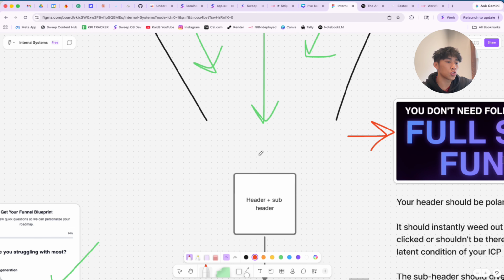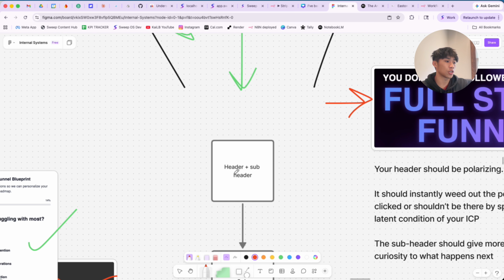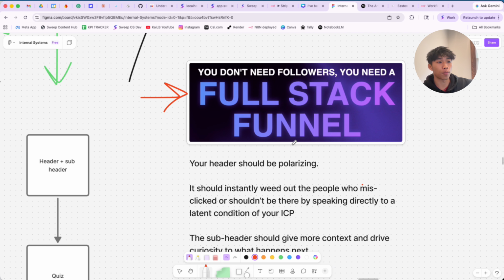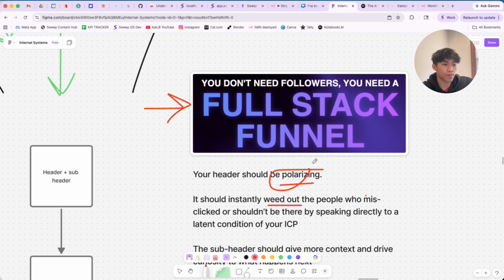So we're going to send people straight to a landing page with an application, and it all starts with the header and subheader. This is my example for mine, the full stack funnel. It should be polarizing. That is the name of the game when it comes to headers. It should instantly weed out people who misclicked or shouldn't even be there by speaking directly to the latent conditions of your ICP. Speak to your ideal client in terms of who they are, what they're experiencing in terms of issues, and exactly the vocabulary they might be interested in, so they can see the resolution or solution that you're providing to